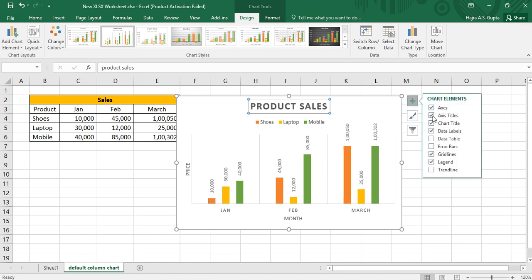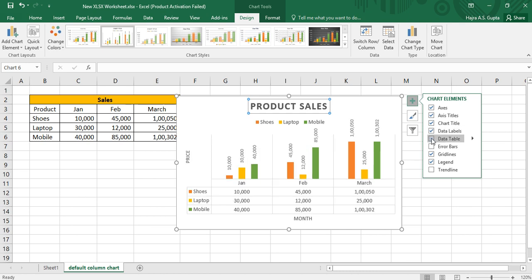Let's see other things here. Then we have data labels. Now data labels are these individual numbers that you see here and they correspond to the values in your table. So 10,000, 30,000, 40,000. You can see that this data series here corresponds to 10,000, then 30 and then 40. So you may want to have them in your chart or not want to have them. Okay, let's keep them now.